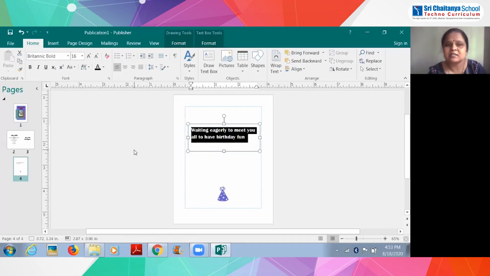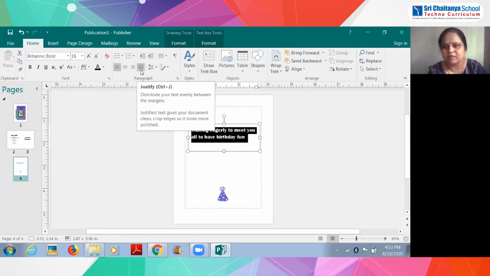And not only this, children, how we have in Word, here also we can align the text either at the left side or at the center or at the right side, or justification. You all know what all these are. We have learnt it in Word everywhere, right? PowerPoint also. Just I want to make it center. I will just click here.